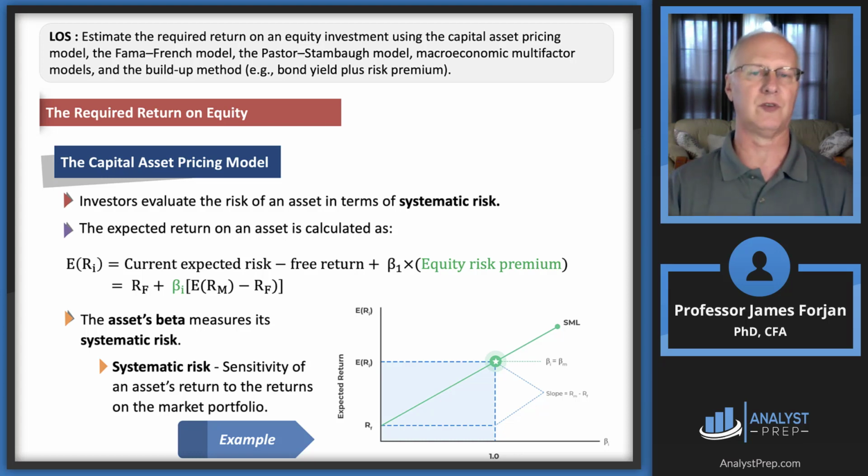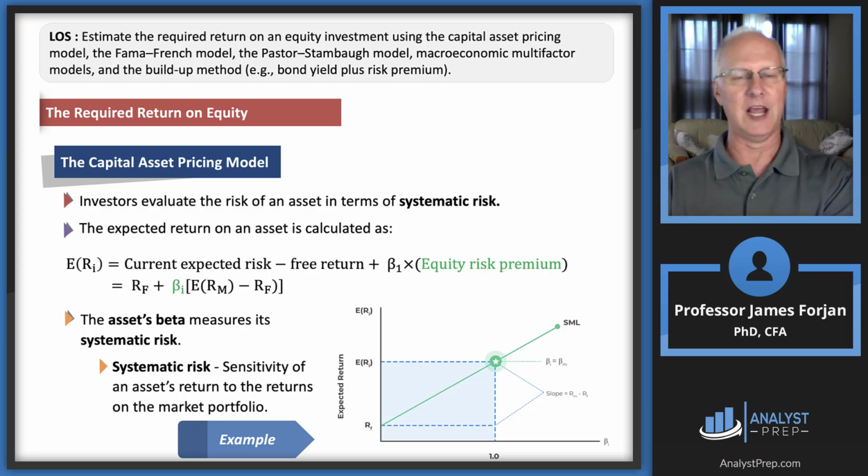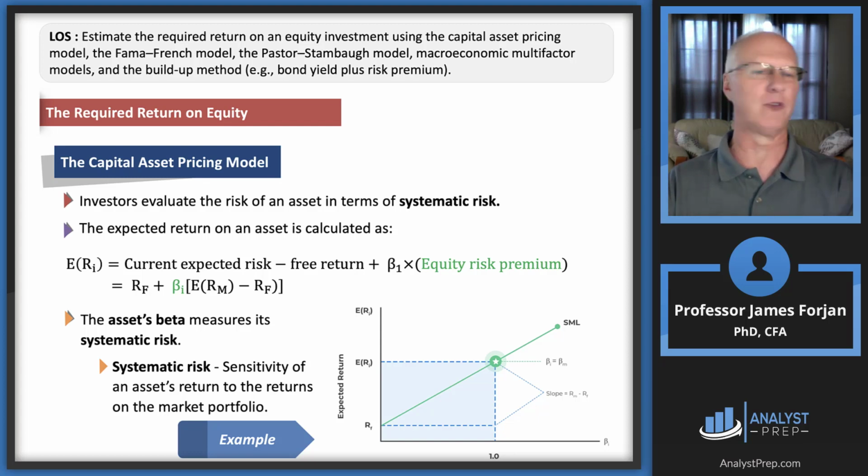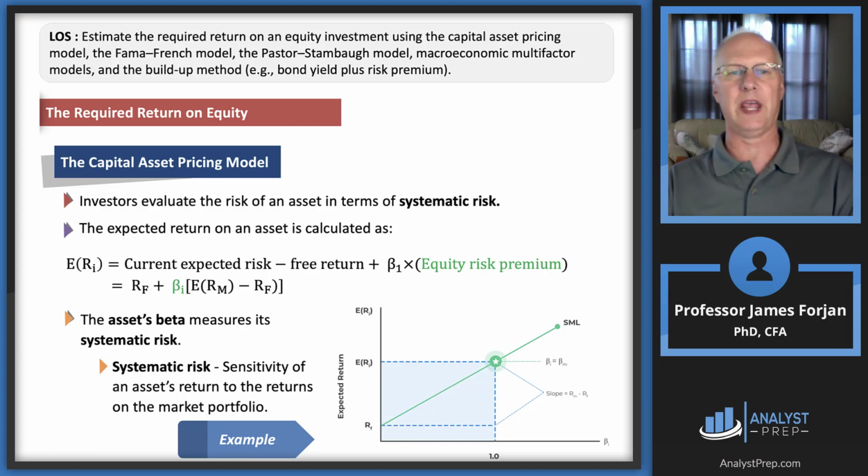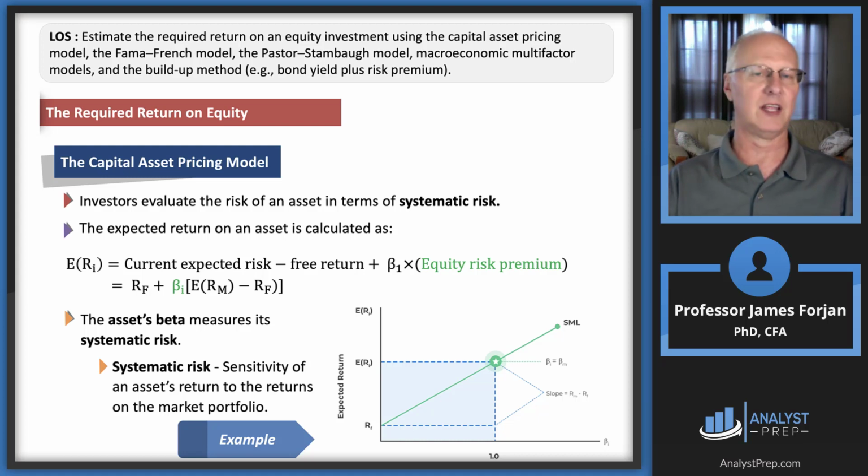So this is the genius of William Sharpe. He said something like, okay, we're going to start with the risk-free rate. We're going to add an equity risk premium, but then we're going to weight it by its level of systematic risk. You guys remember this. Beta is a measure of systematic risk. What does that mean? Systematic risk, variability in stock returns due to changes in economic variables, things like inflation, things like interest rates, things like exchange rates, things like COVID, right? Things like anything that occurs inside of that macroeconomic